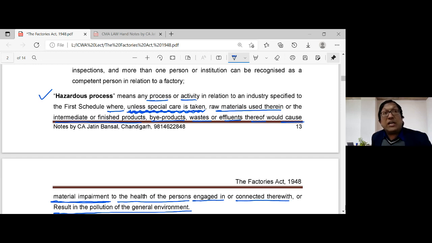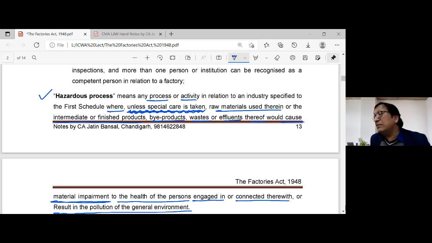Some hazardous types of industries have been specified in the first schedule, where if you are not taking adequate care, like working in a coal mine, gas site or oil exploration site, and special care and proper safety standards are not exercised, then